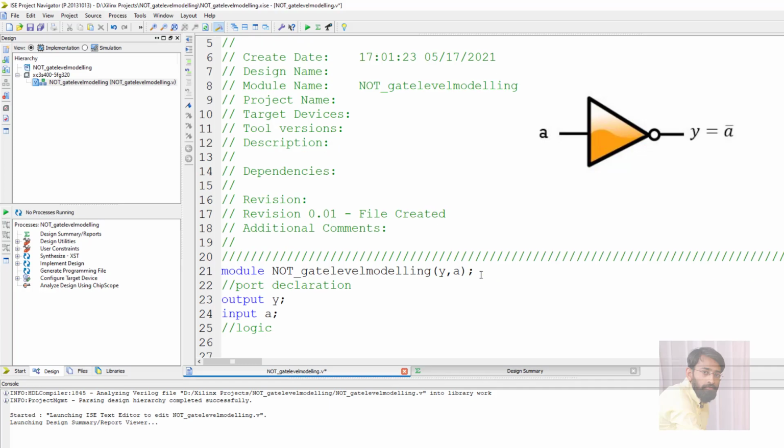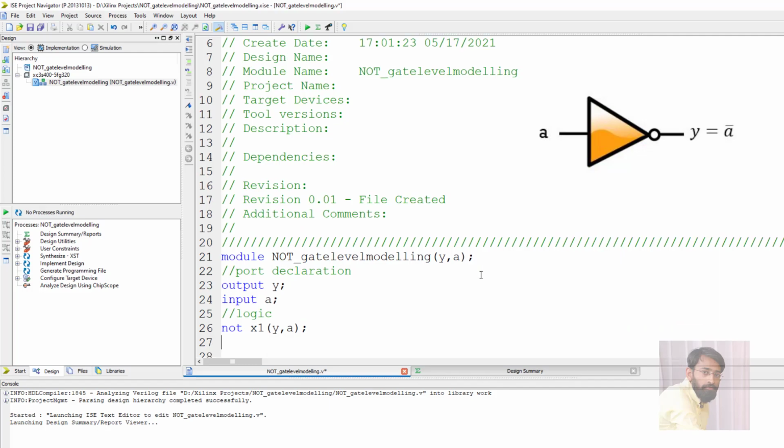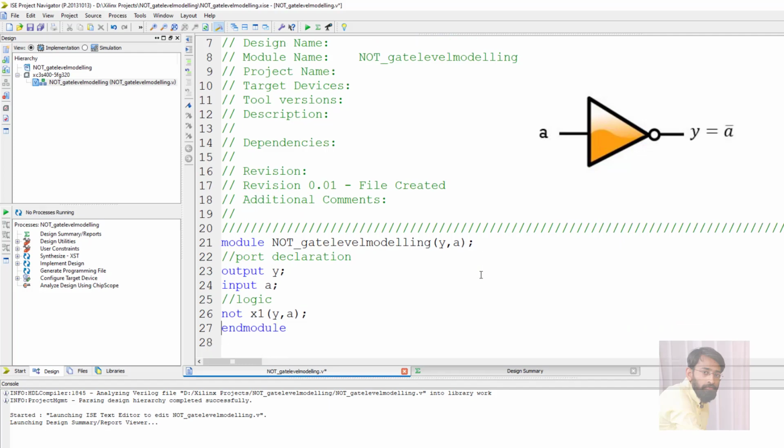Directly I am using primitive gates. As I am writing the code for NOT gate, so not, some random name. The random name that I am giving is x1, followed by output Y and input A. And the last line is end module.